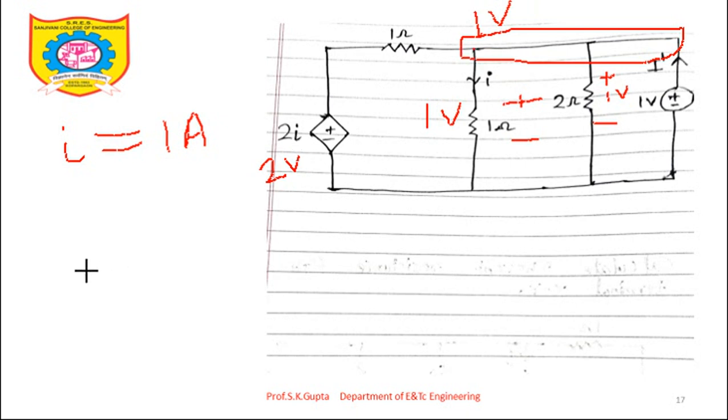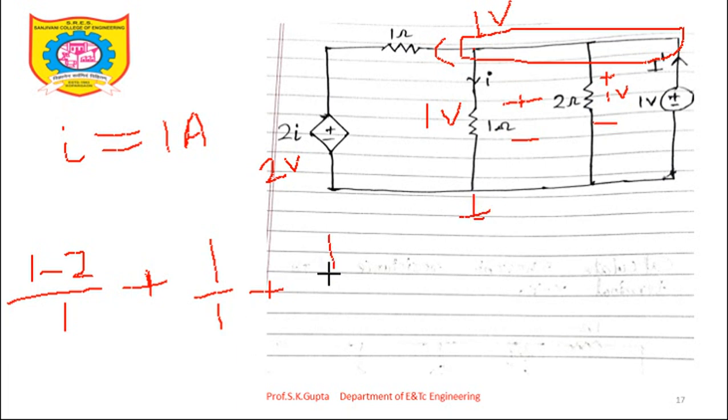So 1 minus 2, I assume that this is at higher potential. Even though negative will come, no problem. So 1 minus 2 divided by resistance, how much? In this branch, resistance is 1 ohm. So this is the current value in this direction. Plus 1 minus 0, this current will be 1 minus 0 divided by 1. 1 minus 0 divided by 1. What will be the value of this current? 1 volt minus 0 volt divided by 2 ohm, so 1 by 2.